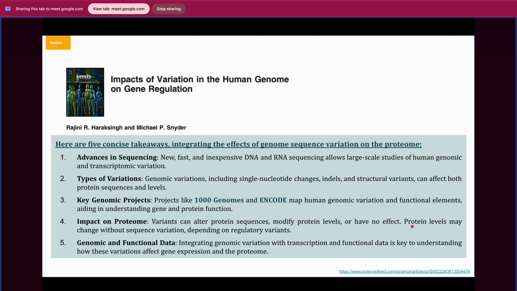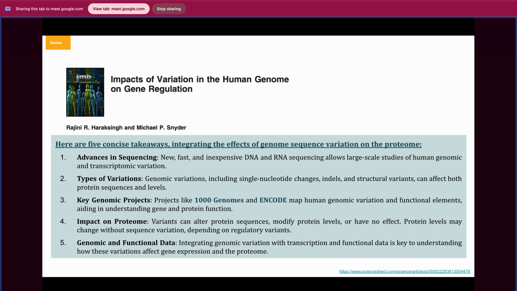So there are some cases where this is also possible, and protein levels may change without sequence variation depending on the regulatory variants. Then genomic and functional data. Integrating genomic variations with transcription and functional data is key to understand how these variations affect the gene expression and the proteome. If you want to read in detail, then you can go through this review and it